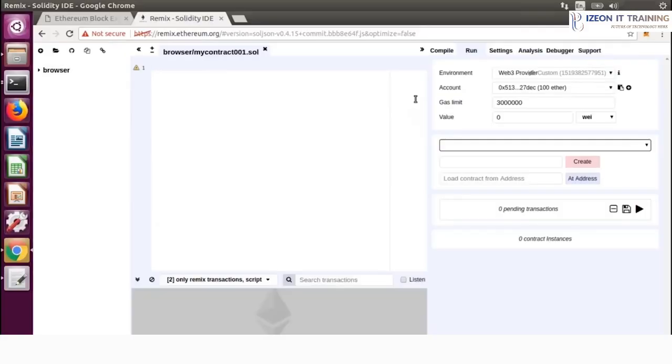Now these contracts are basically a collection of code functions that correspond to a specific account address on the blockchain, as you can see here. So now we'll start writing our contract. For that, we'll first specify the source code version. So we'll type in